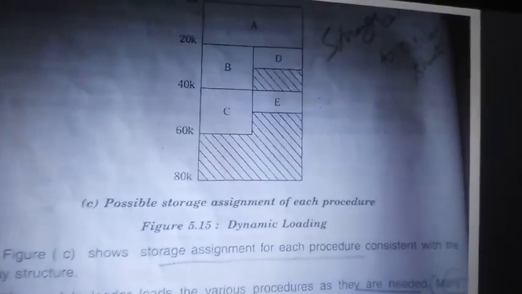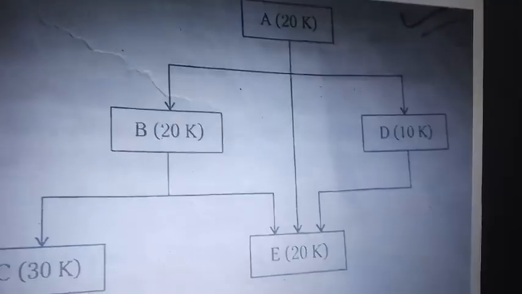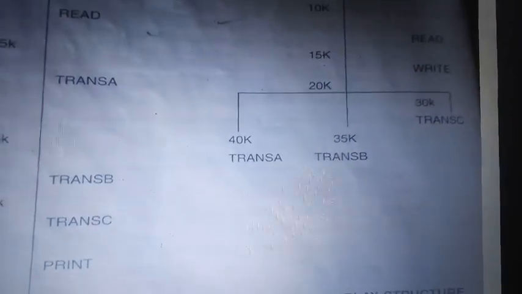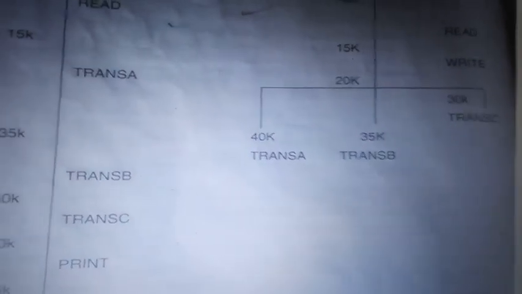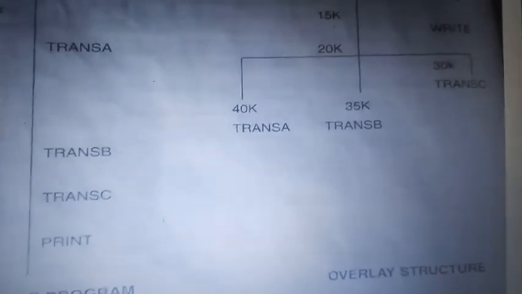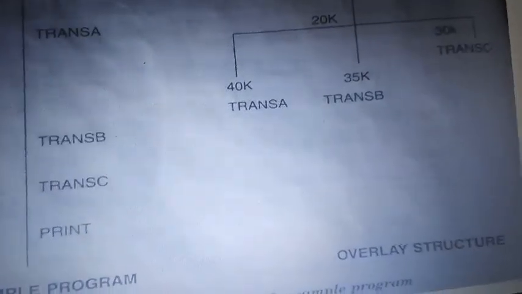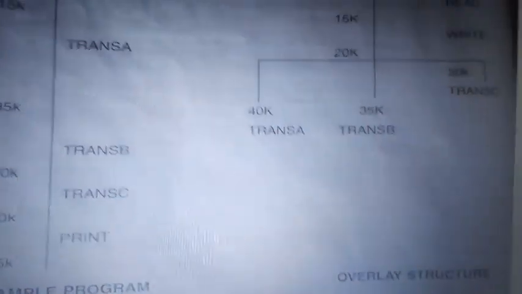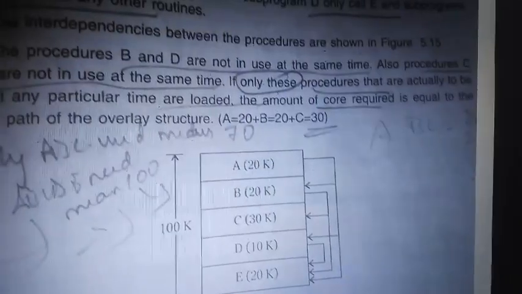So this is a 2 marks question, what is dynamic binding or dynamic loading, or a 5 marks question, the complete advantages and disadvantages. So this is what an overlay structure is. If you have dynamic loading, then you are using an overlay structure. We are not using complete storage. We are just using storage for those subprograms which are called, and we definitely won't call all the programs simultaneously. So whenever one program is called, we can execute. After that it can be taken out and a new program can be run, so that it uses less storage compared to the other schemes. So this is what the loader is.